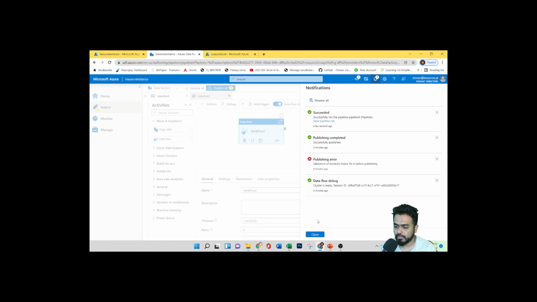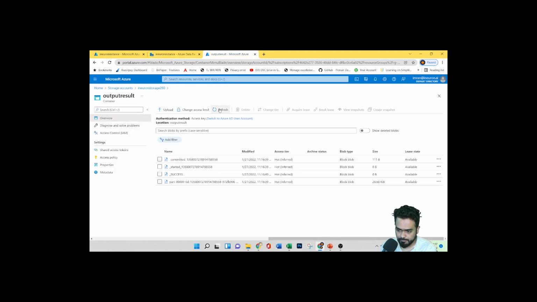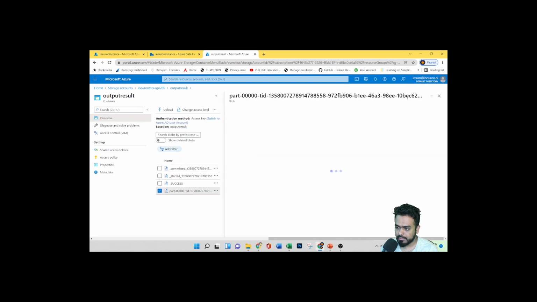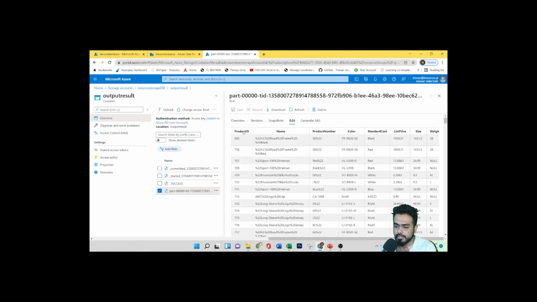Yeah, you can see it got succeeded. I'll go here and refresh. As soon as I refresh, you can see all the results here, all the files. This is the file, part 00. If we try to view and edit, you can access all the details from here, all the data, and you can download it and perform the preview and all those things. Fine. So this is how we